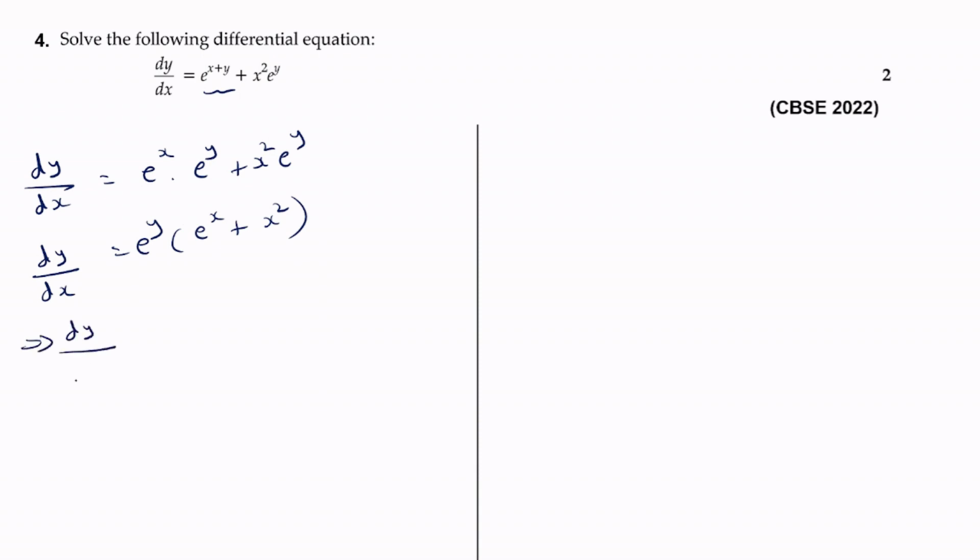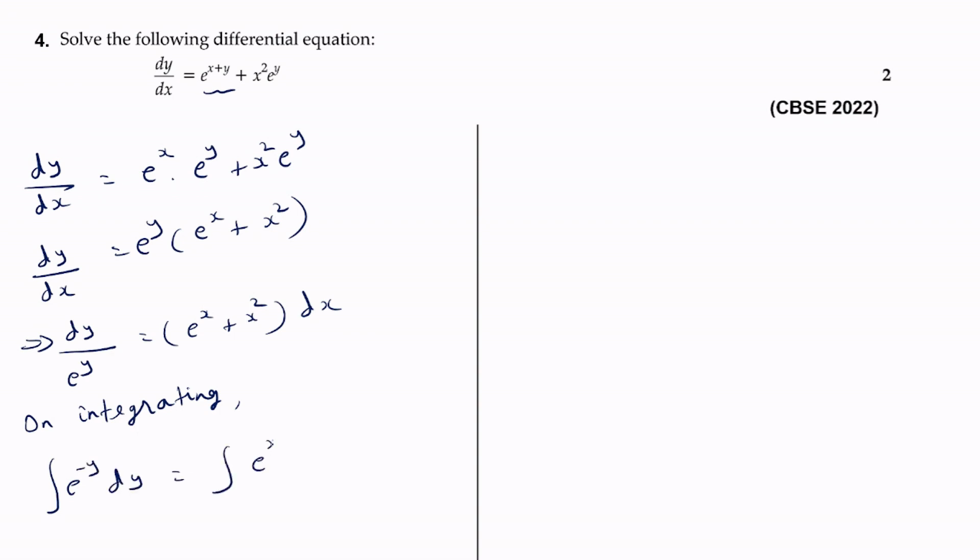From this we get dy by e raised to y equal to e raised to x plus x square dx. Now we can integrate on both sides. On integrating, integral dy by e raised to y, we can write it as e raised to minus y dy, equal to integral e raised to x plus x square dx. Implies integral e raised to minus y dy is minus e raised to minus y. This is equal to integral e raised to x is e raised to x. Integral x square is x cube by 3